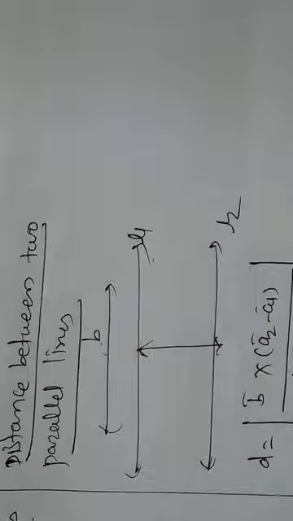So today we learned the equation of a line in two types: first, passing through a point and having a parallel vector, and second, passing through two given points. Then we learned the angle between two lines. Next, we learned the shortest distance between two lines, with the formula d equals magnitude of (b1 cross b2) dot (a2 minus a1) upon the magnitude of b1 cross b2, and then the distance between two parallel lines.